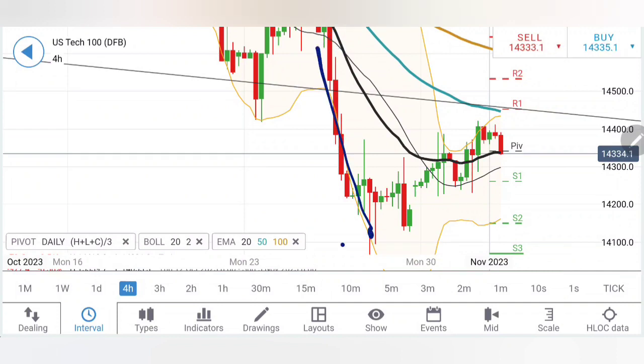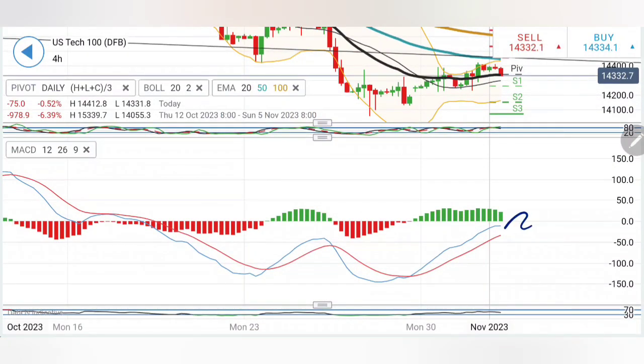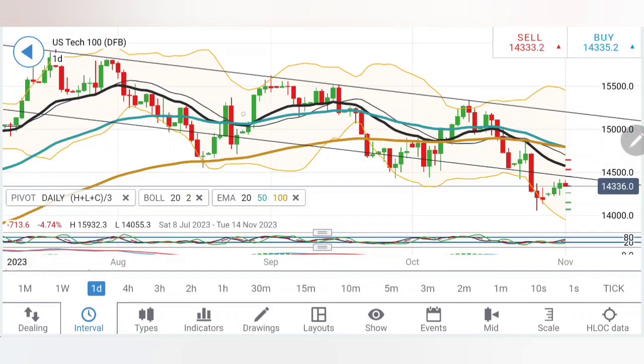If you look at the drop, the retracement, this could be a sign of the further bearishness prevailing here. Stochastic looking down, MACD is in green, trying to converge. It is not yet crossed over, it is still on the green side. RSI is also trying to signal bearishness. Coming to the day,